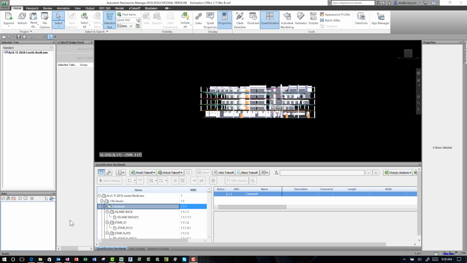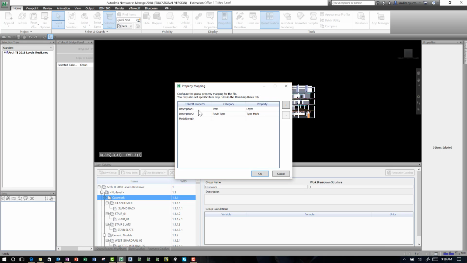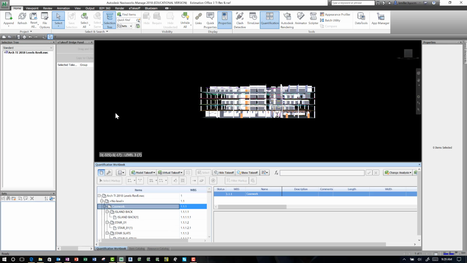Now, continuing on from the takeoffs where we took off all the interior walls really quickly, now we're going to work from the assumption that we've got this revised model. So in Navisworks, I've created a new project. I've mapped the properties here so that the data fields go to the right location. I've dragged the selection tree down into the quantification workbook, and now I have also just saved the file as